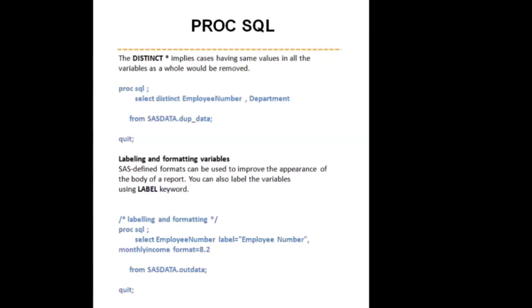So if you are trying to work with the proc sort, the same thing you can do with the proc SQL. Proc SQL is a very powerful thing that at one place gives you a lot of functionalities. And then the question arises: when you have proc SQL, why do you have data statements? But I think that is for some other time, that I'll explain when we have gone through the join and different things. So that's how you can remove duplicates using the distinct keyword in the select clause when you are using proc